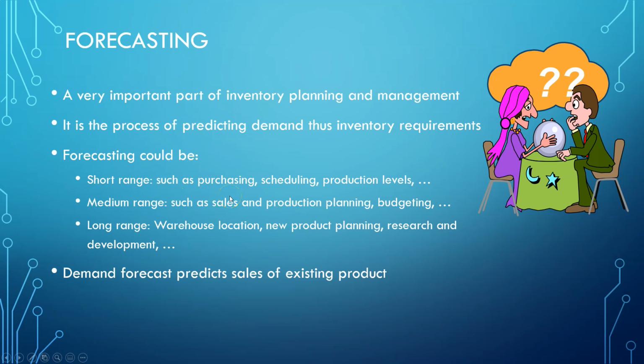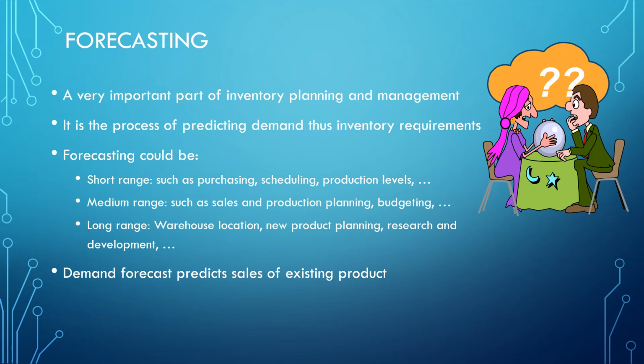Forecasting is the process of predicting what's going to happen in the future and how that would impact profit, sales, cost, and competition. Predicting demand is an important part of inventory planning and control. Through forecasting, inventory requirements can be identified, such as location, space layout, operations, order picking, and so on.